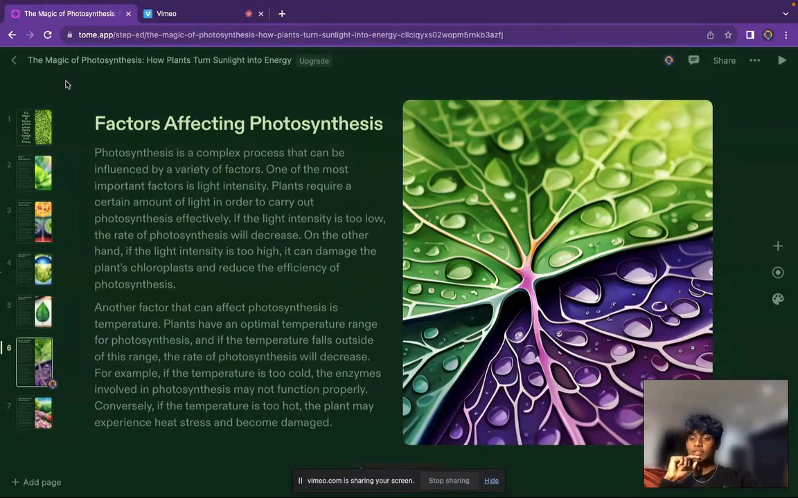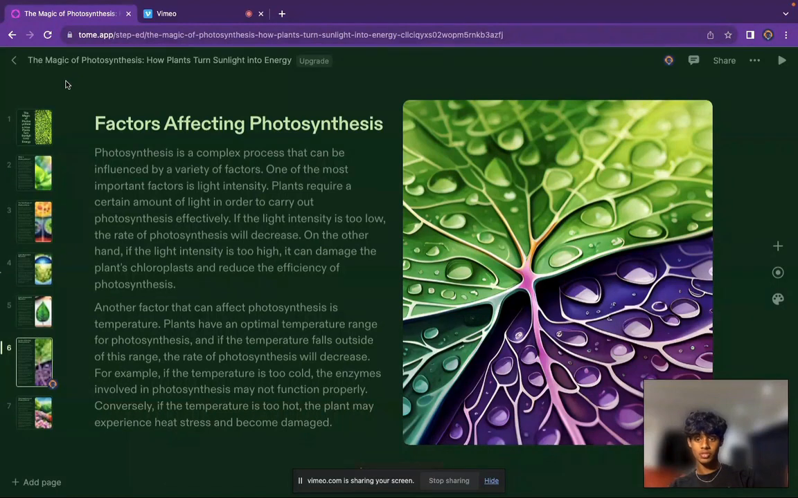Now, what factors affect photosynthesis? Well, photosynthesis is a complex process, as we've seen, that can be influenced by a variety of factors. One of the most important factors is light intensity. Plants require a certain amount of light energy in order to carry out photosynthesis effectively. If light intensity is too low, the rate of photosynthesis will decrease. On the other hand, if the light intensity is too high, it can damage the plant's chloroplast and reduce the